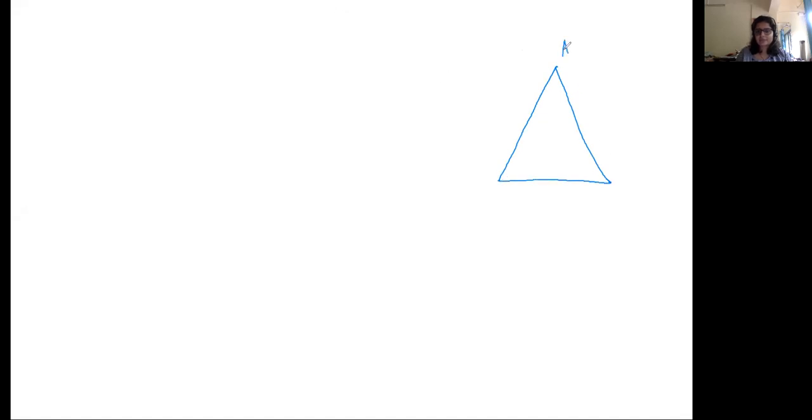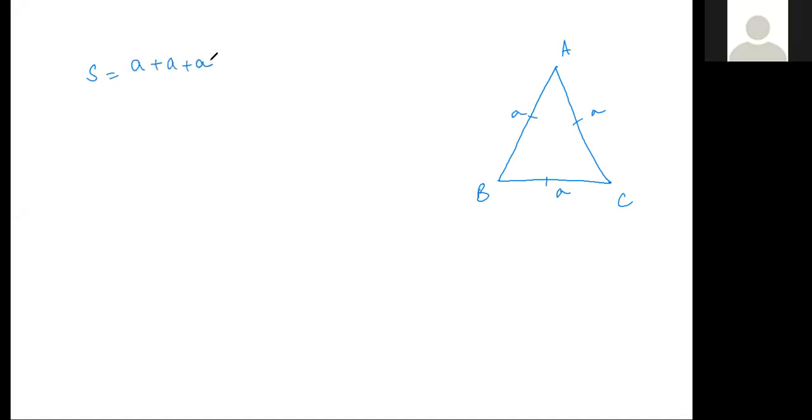So let's call this ABC triangle. You've got sides, this is all equal. So it's a, a, and a. What would be the value of semi-perimeter s? 3a upon 2. Awesome. Now area is equal to,